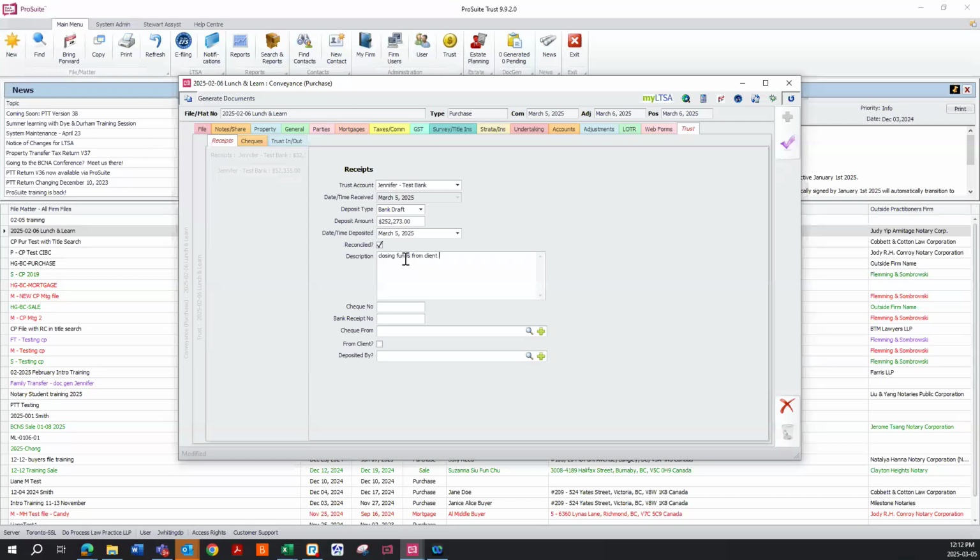From client. Again, you can certainly record the bank receipt number or whatever you need there, and you can put in from client here. Okay, or you can look up and create a new contact for the client. Sometimes when we have multiple buyers, I find it can be frustrating that it will not bring in the actual client. Okay, and then again, we want to make sure that when did we actually receive these funds